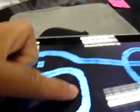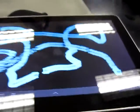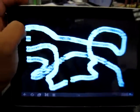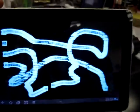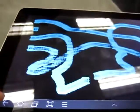And the other ones don't move. We got one moving. So that's that. Something we're working on, still trying to work out the bugs and kinks in that. Pretty cool. Reminds me of Tron. And let me just exit out of that and show you